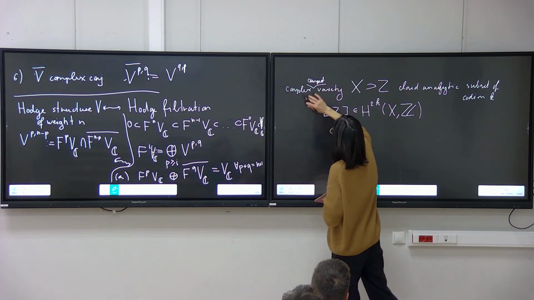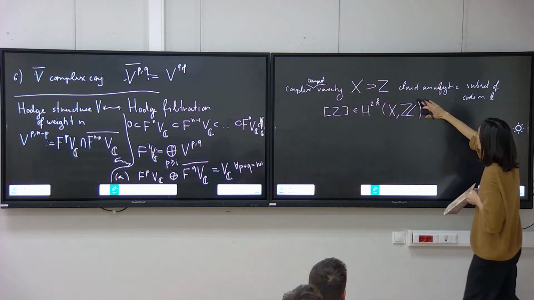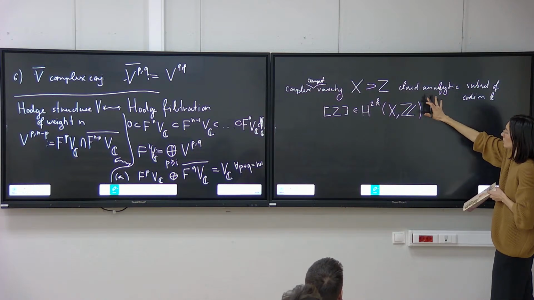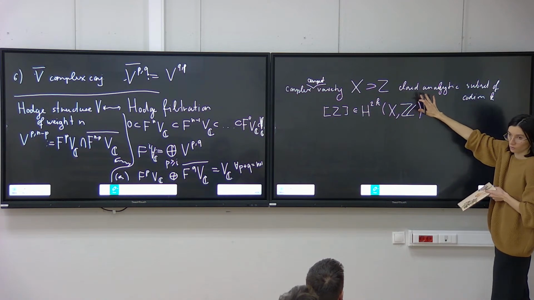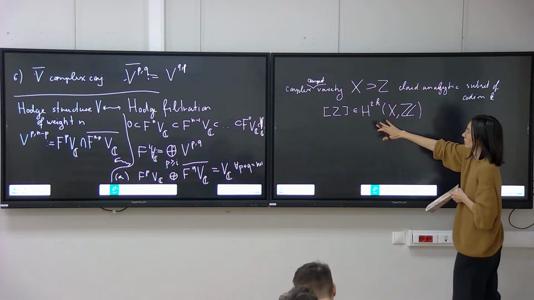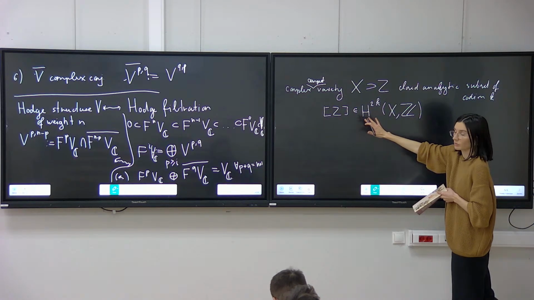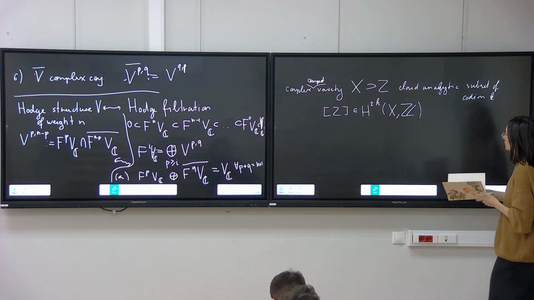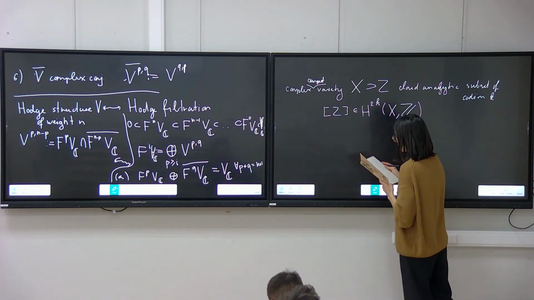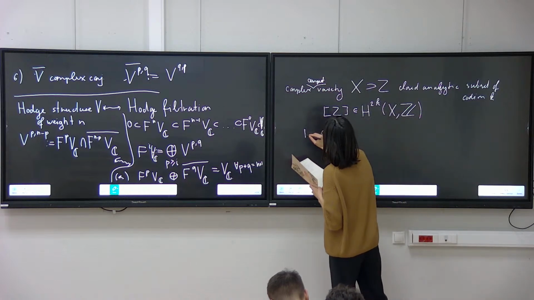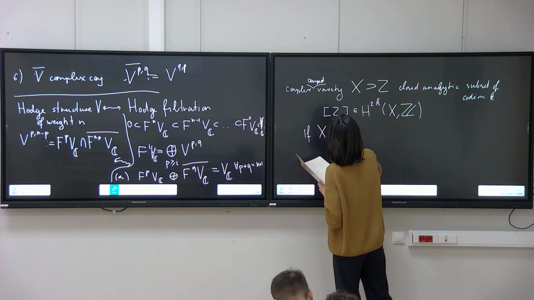Okay, here maybe we should ask compact, but what I say is that here we can take even non-smooth. A fundamental class is defined even for non-smooth analytic subspaces. Okay, then we can define its class, and in fact, if X is Kähler,